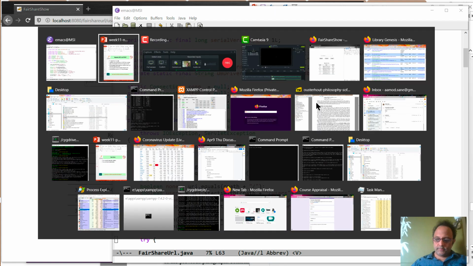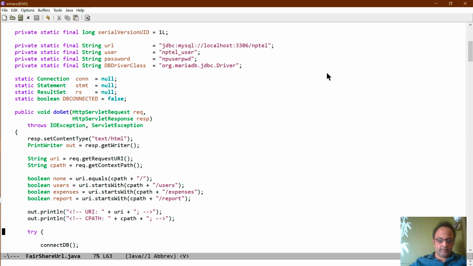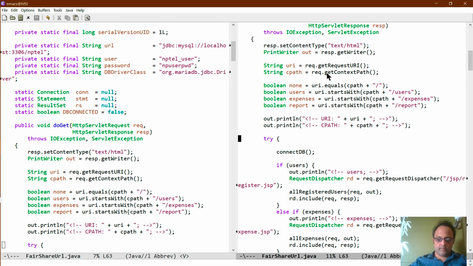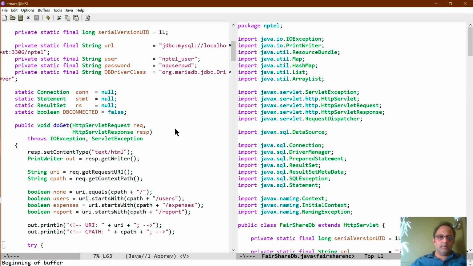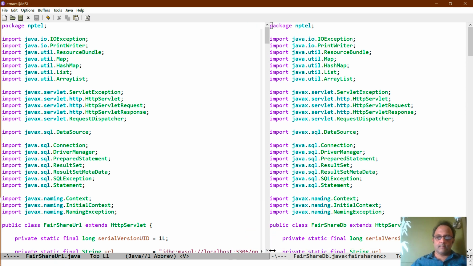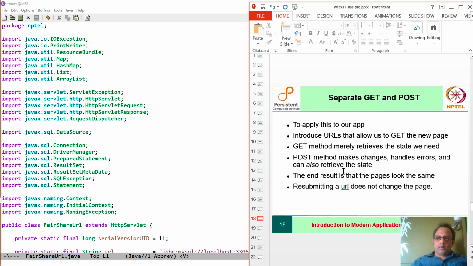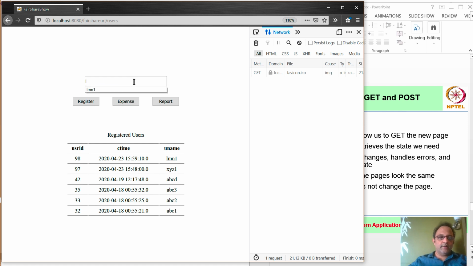Let's look at this code and compare it with the code for fair share DB. This is the code for fair share URL, and here is the code for fair share DB. What we say here is we first introduce URLs that allow us to get the new page. And this is true not only for the user's URL, right? It's also true for